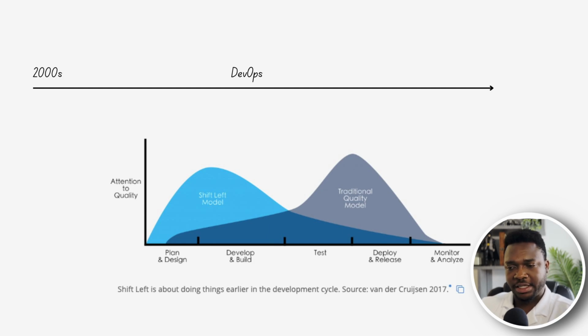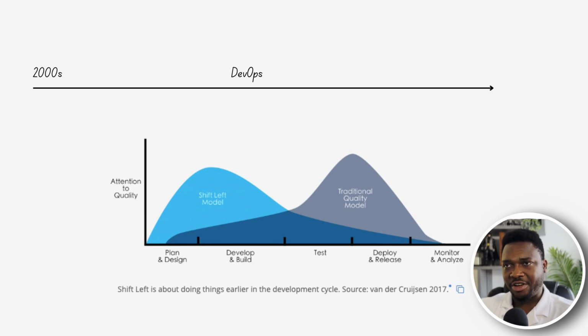Typically, you would have testing towards the end. When you are done building everything, you've deployed, you push it. But now they brought the testing earlier in the process, closer to where the code was actually being written. So you write your code, you test it before you deploy. So this process is known as shifting left on the timeline, and it really worked. It worked, and that was how we got to DevOps.